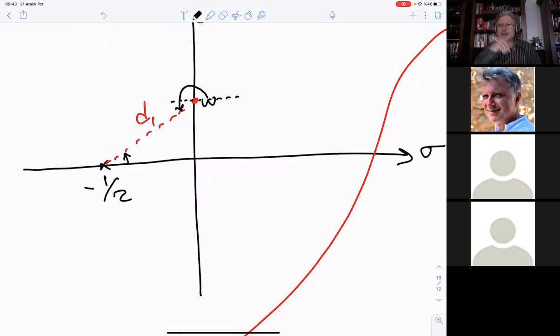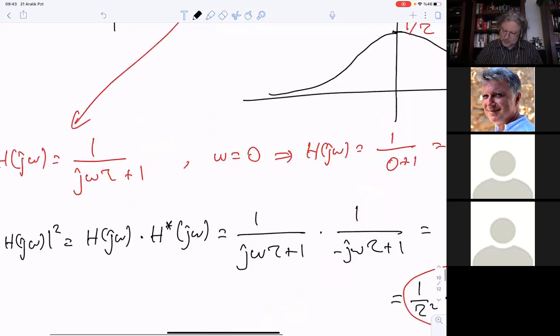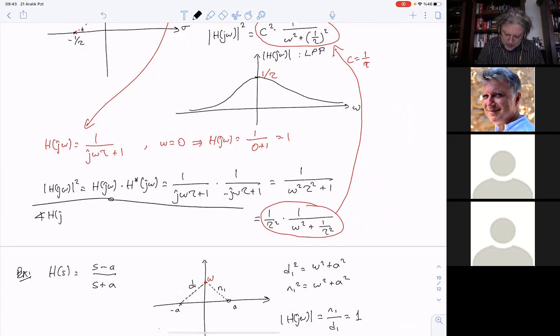You see, that angle is almost the same. It's 180 degrees more than this angle that we have. And that angle that we have for this question, let me try to solve it at this part. It's the angle of H of j omega is equal to